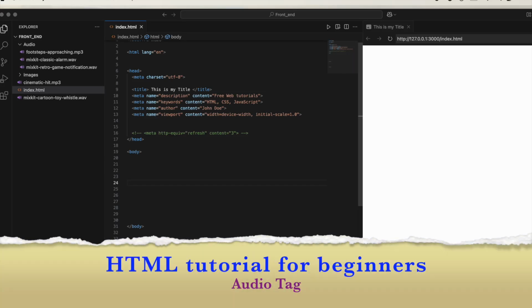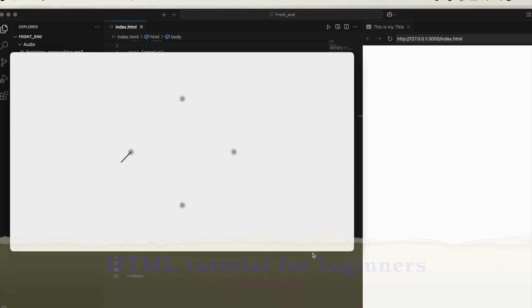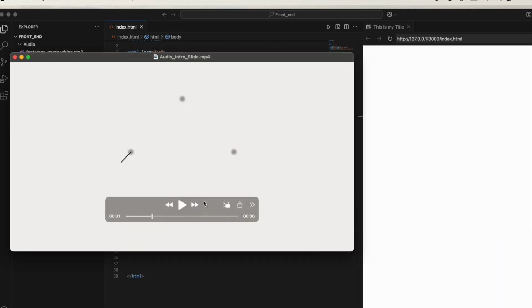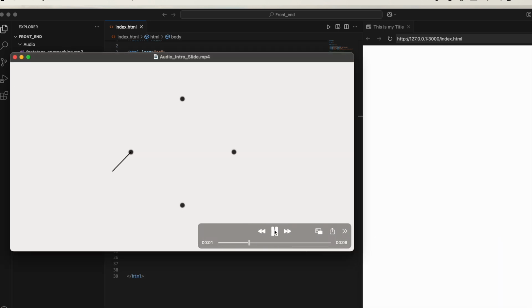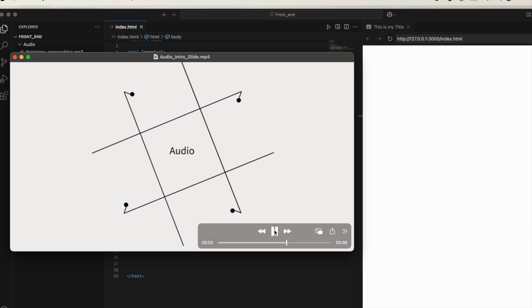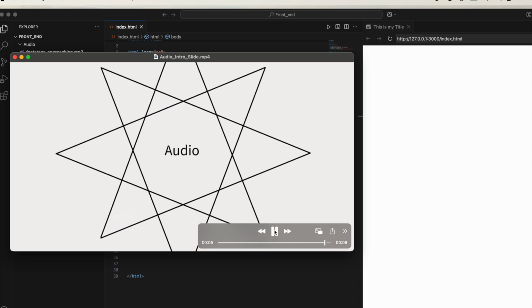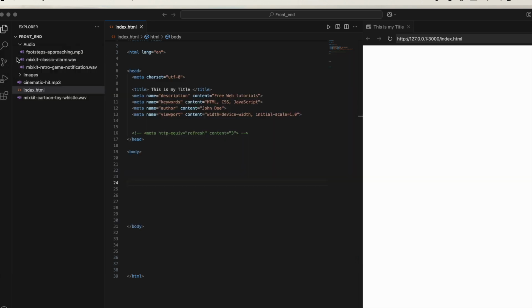Guys, one more lesson, and today's lesson is the audio. Last one was the image. This one is the audio element, and the audio element is a double tag element, or is an element with